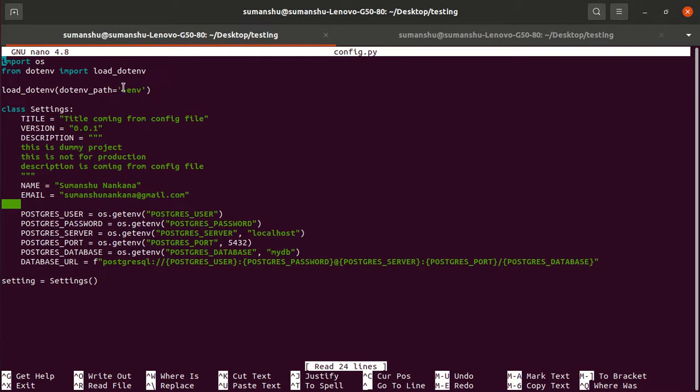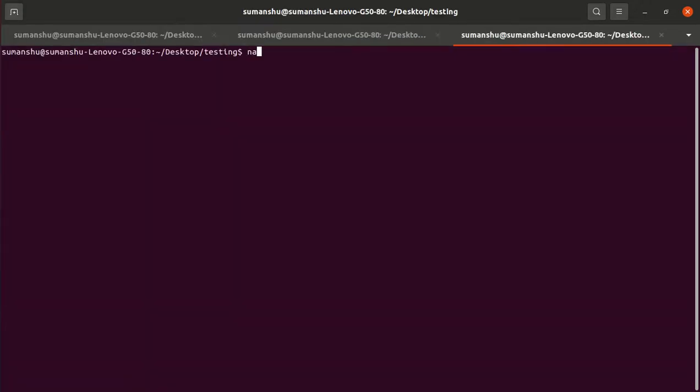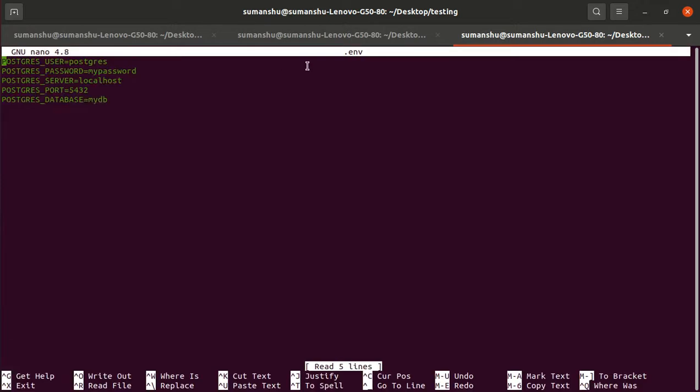So the best way is to define all these environment variables in a .env file, and we will load all these environment variables using the dotenv module. Let me show you. If I do nano .env, we have created one .env file and we have defined all this sensitive information: what is the username, what is the password, what is the server. Let me correct the password. Okay, let it be first. Let me give the wrong password. That's okay. And give me some testing.